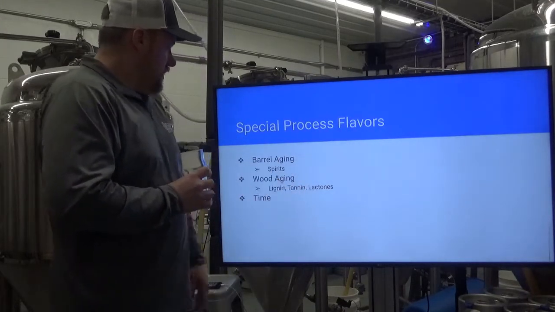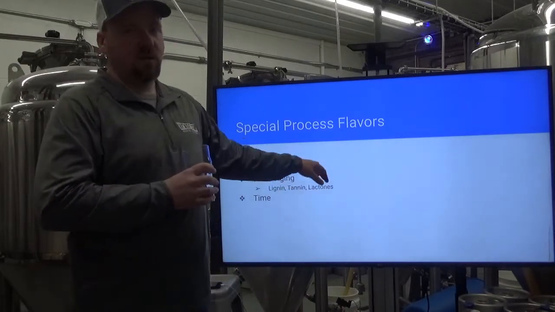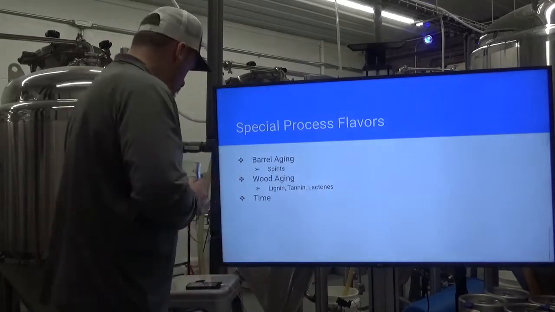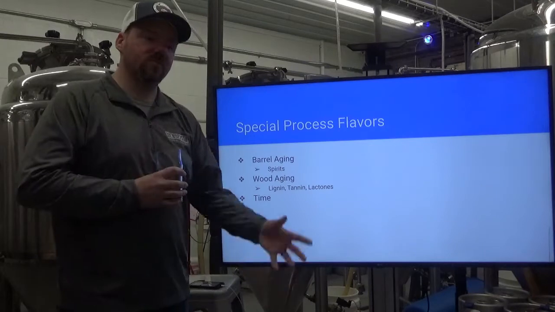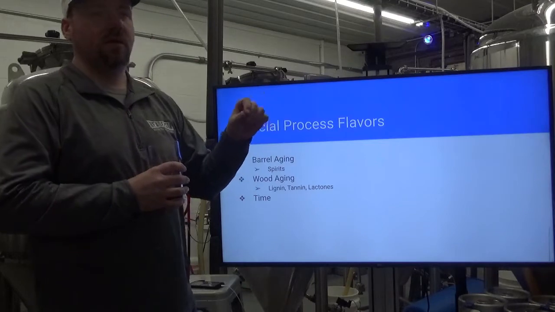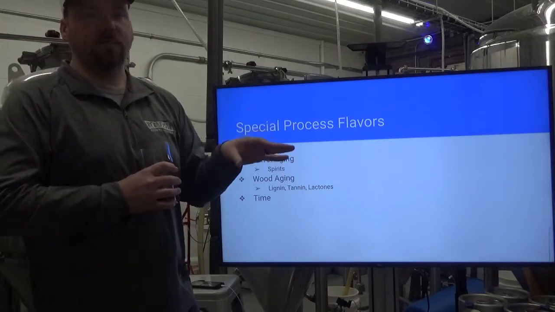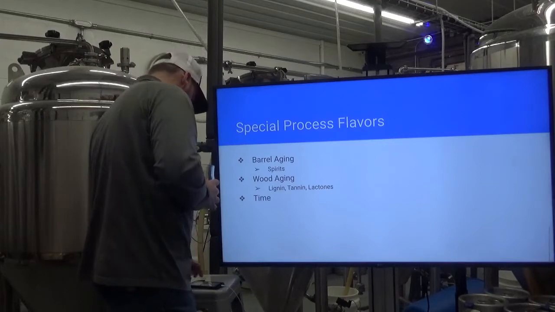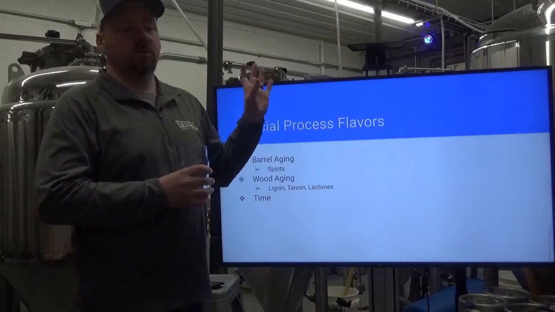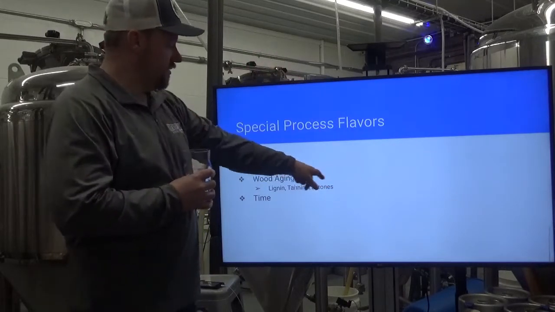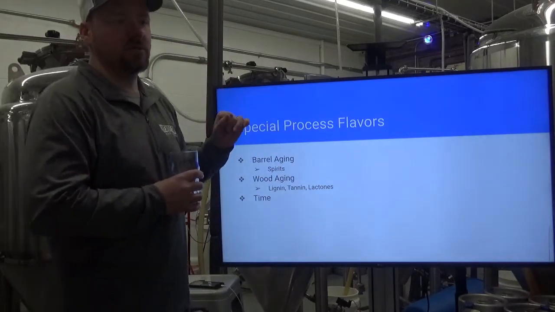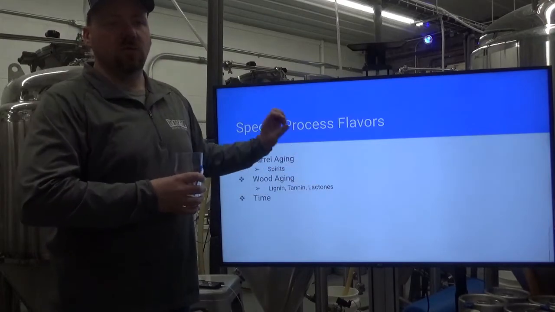And wood aging. There are probably a lot more than 3, but the 3 main things you're going to get from wood are lignin, tannin, and lactones. Lignin is responsible for the vanilla bean flavor, along with vanillin and a couple other chemicals that comprise the essential oil from vanilla bean. And lactones are going to be like a coconut. So when you get a bourbon or a spirit that has hints of coconut, it's going to be from the lactones. And then of course tannin, we all know what tannin tastes like, a little astringent, a little drying. Complementary to any of the wood